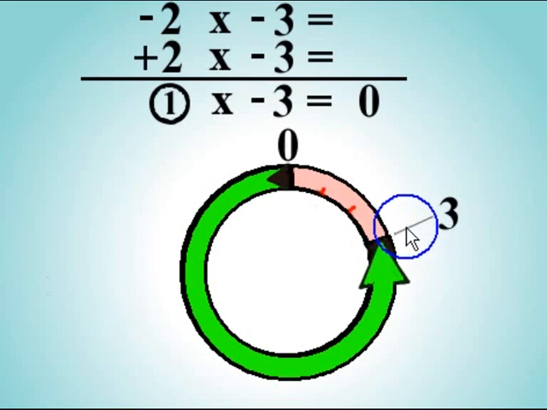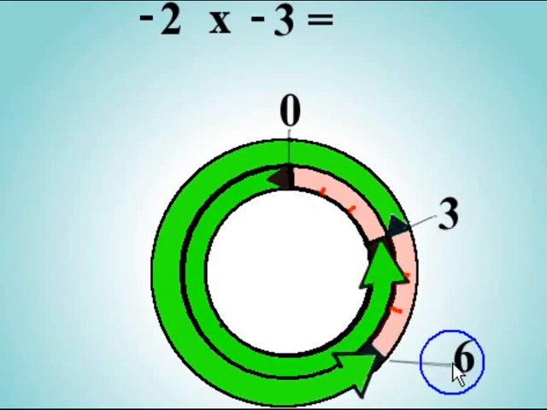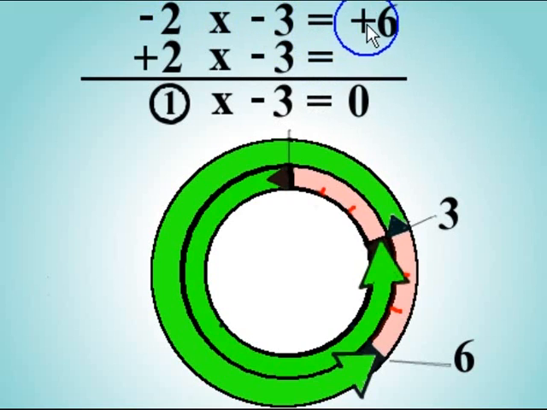So starting from this point, we take away another lot of that green, and there it is. Starting from there, we go around, and that brings us to this point here. Now, of course, this pink area in here is also of length 3, and so we've got 3 and 3, so we've actually arrived at the value 6, which is, of course, the same as +6, and so we've got that -2 times -3 is equal to +6 on the straight counting line when it is envisioned